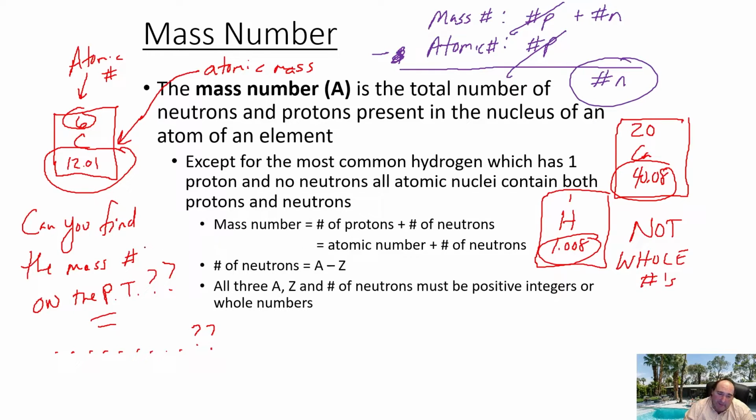And what do they all need to be when you calculate something like mass number, atomic number, protons, electrons, and neutrons? They need to be whole numbers. So that's a really good way to remember it: all those things, protons, electrons, neutrons, mass number, atomic number, need to be whole numbers. You won't find one. So do not be the person that writes that number down for the mass number.